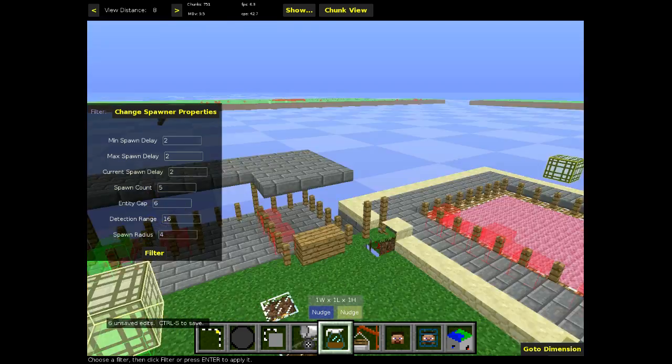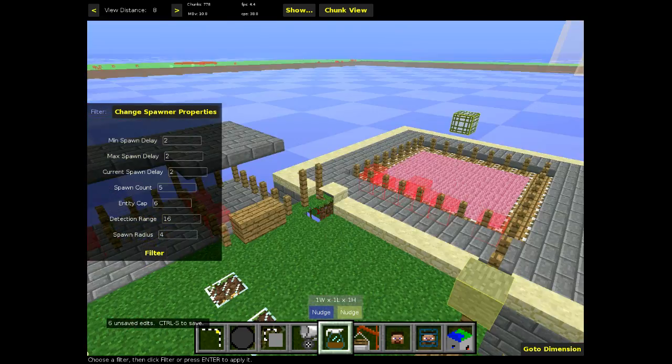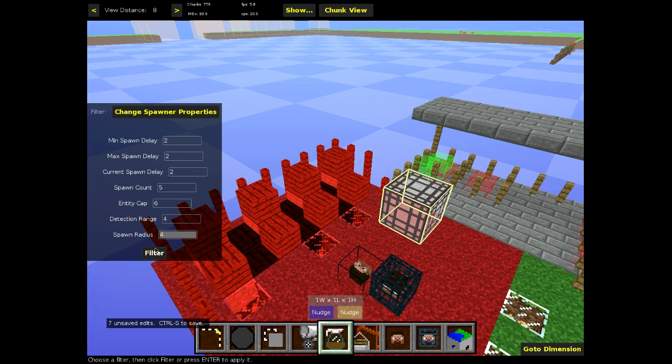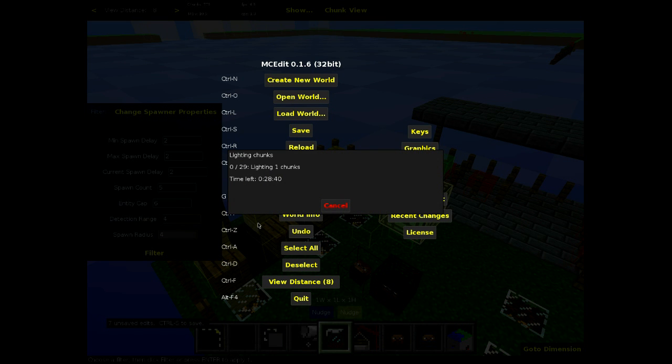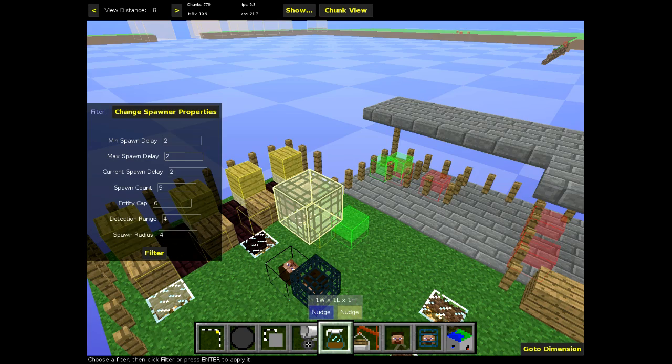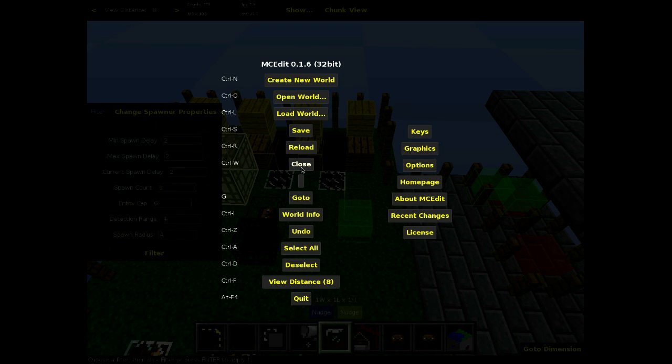Like this guy over here, I only have it at 8, so it won't overload that box there. But we have it's potions, so they immediately go away. So the detection range, let's put it at like 4, so it's not constantly annoying us. Then spawn radius 4, filter. I'll put a link for all these filters in the description, but let's just close out and go